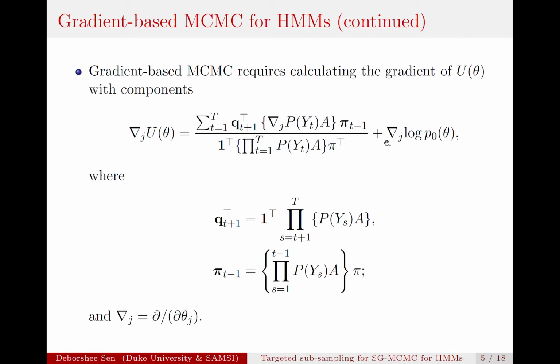So there's a typo here. This should be a negative here. I think I probably made this typo. Anyway, the prior is not very important in this term. So basically the likelihood is the tricky part here. Of course you can explicitly calculate the gradient of the likelihood, but this is quite tricky because you have to take, first of all, a sum of T terms, but more importantly, you have to look at what happens after time t and what happens before time t. But anyway, the point here is that you can actually do it if you want to,